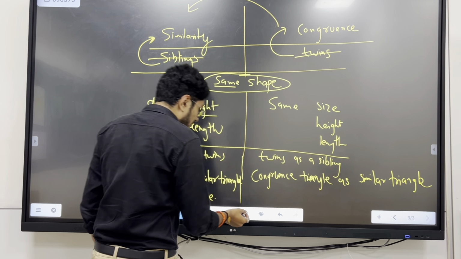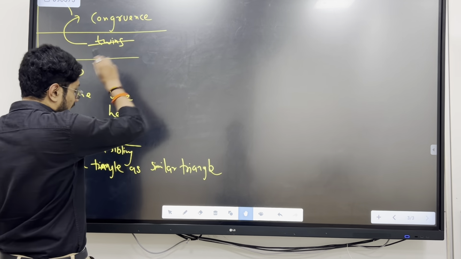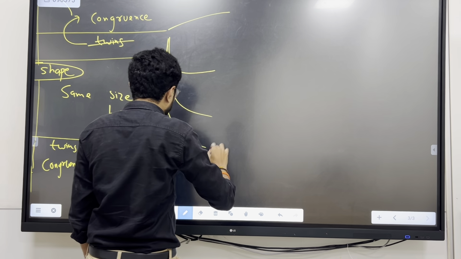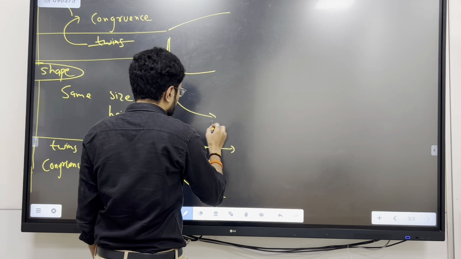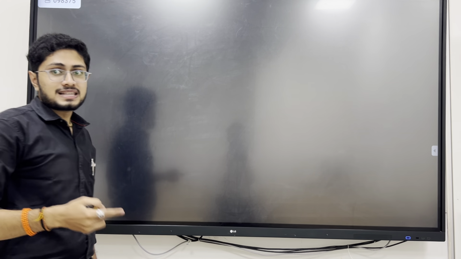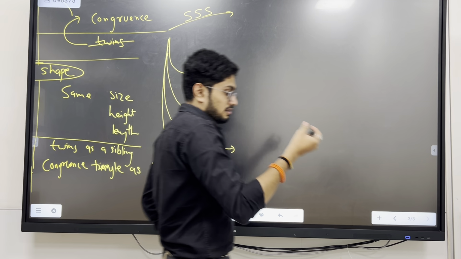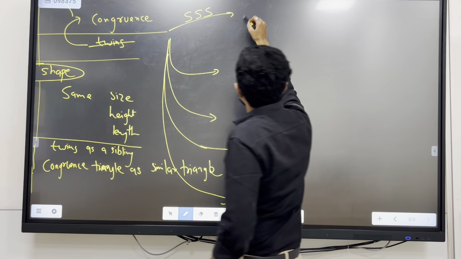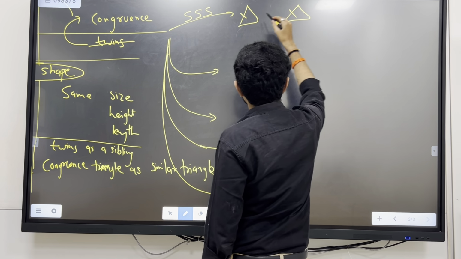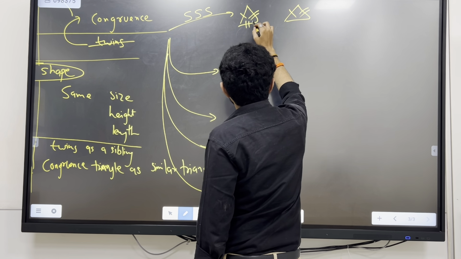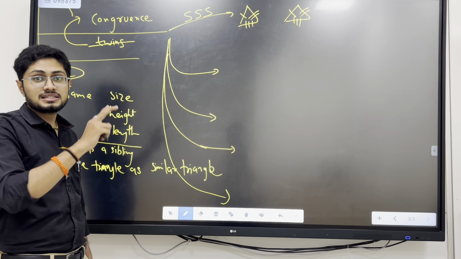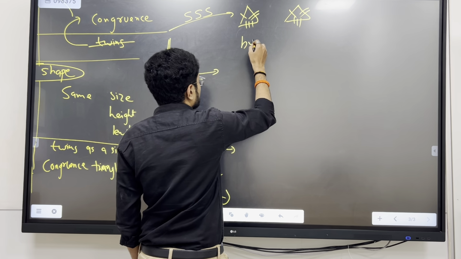For 9th standard, we have this topic of congruency in our chapter, and congruency has 5 different types of criteria. Which 5 types? First is SSS. If one triangle is there and a second triangle is there, and the corresponding sides of the second triangle are equal to the first, then we know these two triangles are congruent by the criteria SSS.